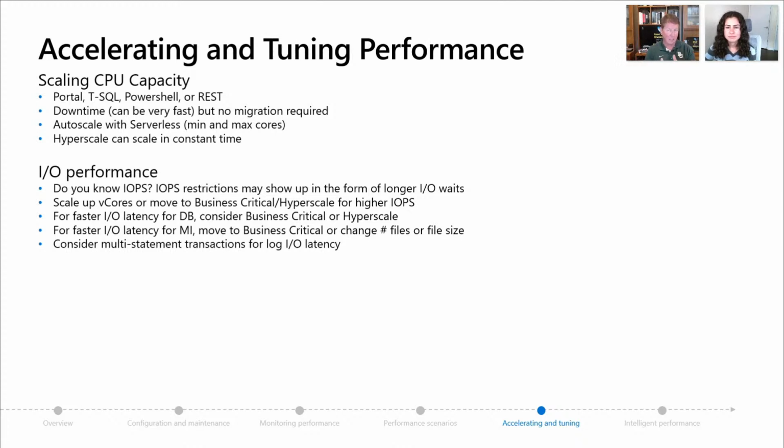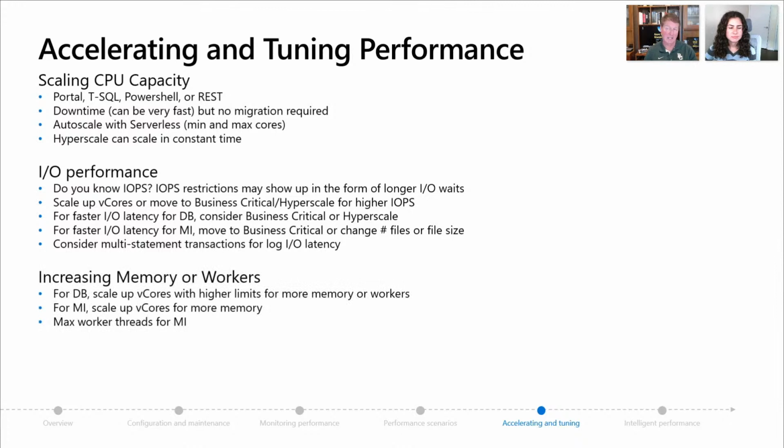So IO latency can be critical for very high-speed transaction processing, right? So if you don't have a good enough latency story with your deployment for, say, Azure Database general purpose, maybe you need to go to business critical or hyperscale, where we're going to get lower latencies for you. Or same thing in managed instance. And don't forget, though, we mentioned earlier that changing files and file sizes can give you faster IO performance in general purpose for managed instance. And then finally,